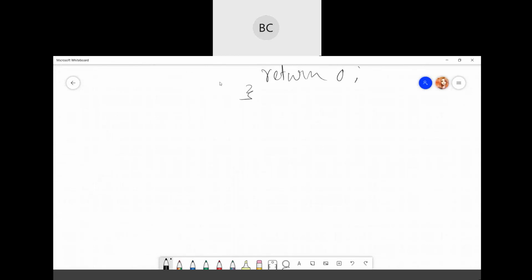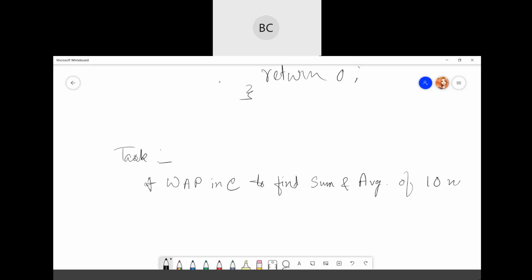Okay, so your task will be, first task. This is lab task, okay? Write a program in C to find sum and average of 10 numbers. Okay, sum and average of 10 numbers. Second is write a program in C to